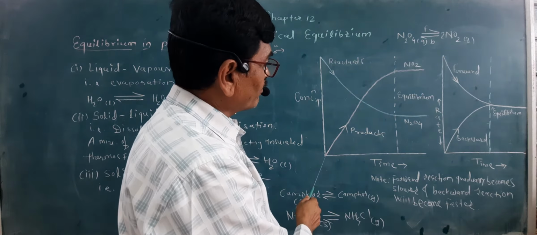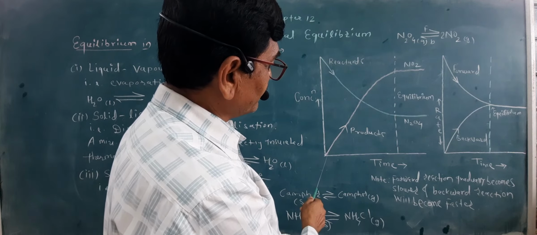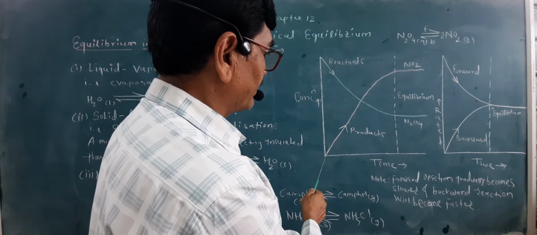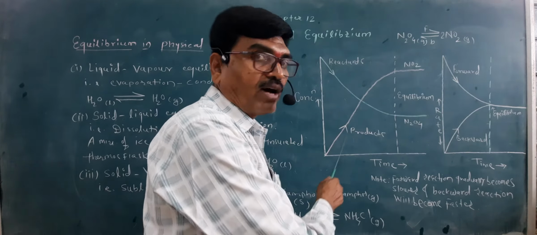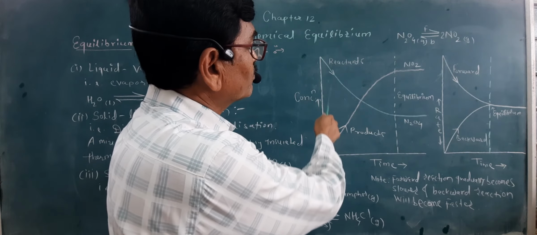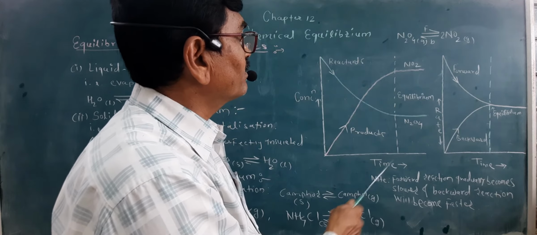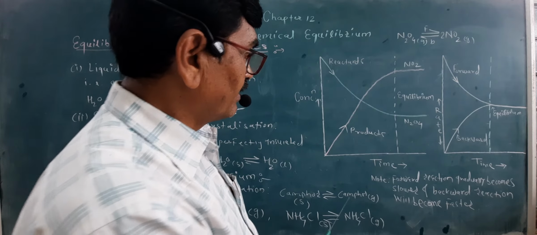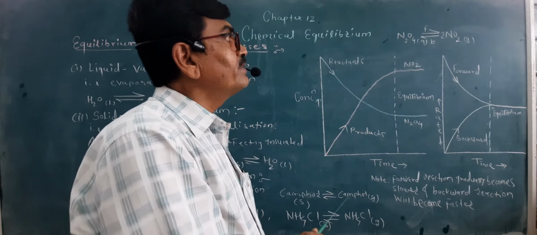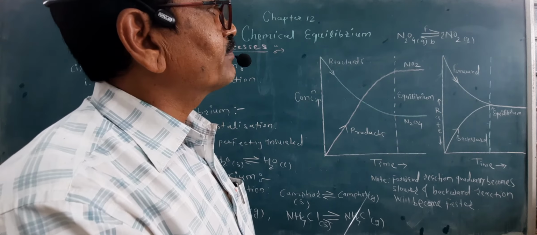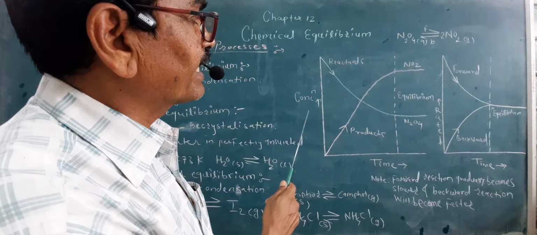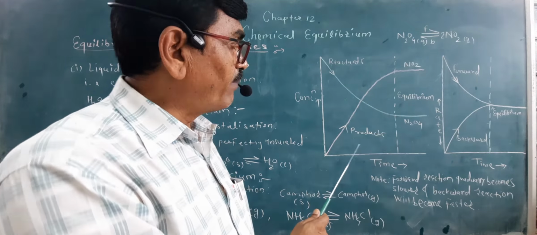See here. So the rate of backward reaction at the beginning is slower and then it goes on increasing. The rate of the backward reaction becomes faster and faster. So initially the rate of the forward reaction goes on slowing and the rate of the backward reaction goes on increasing. So that is important. So that is shown in the graph, and therefore when time will be reached at a particular time, the equilibrium will be attained. So that is, the rate of forward reaction becomes exactly equal to the rate of the backward reaction.